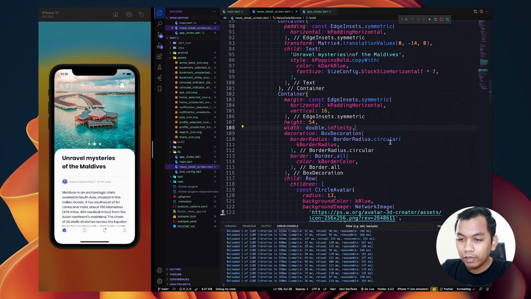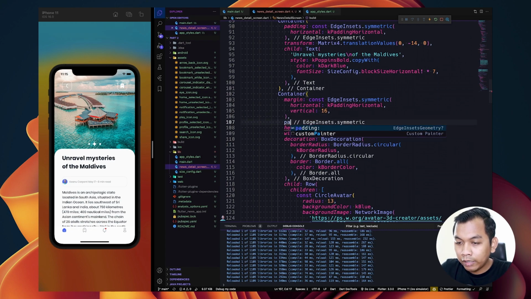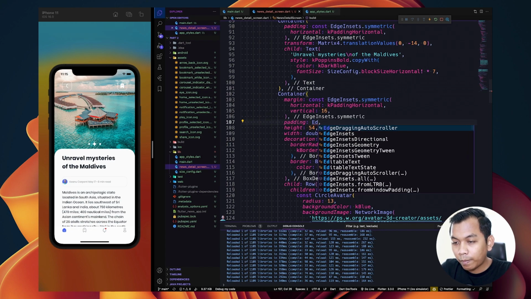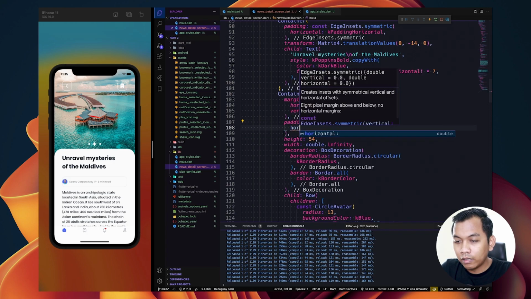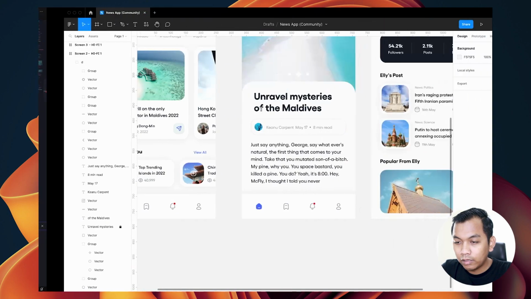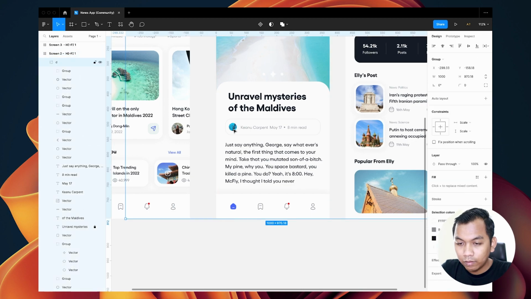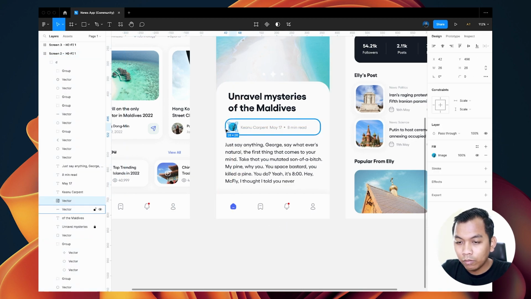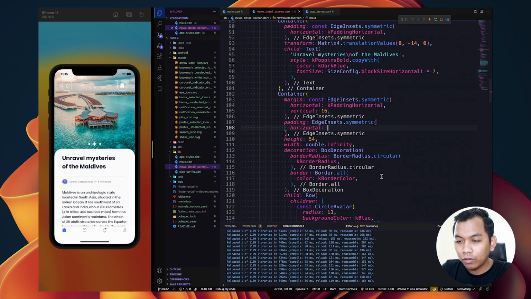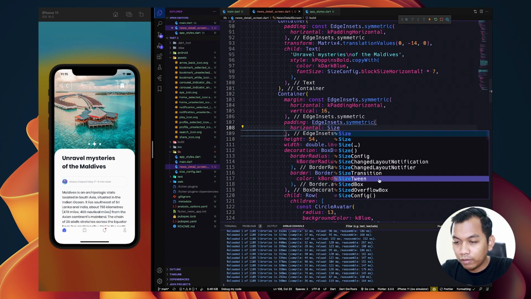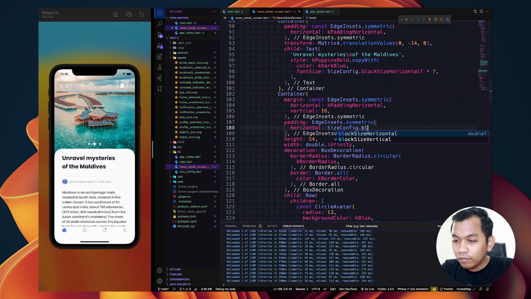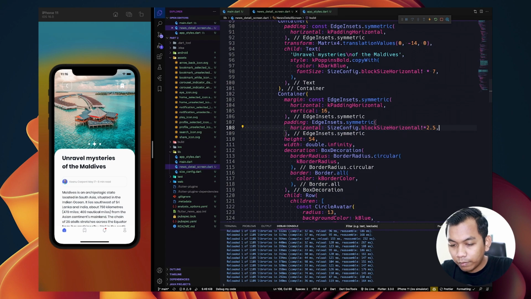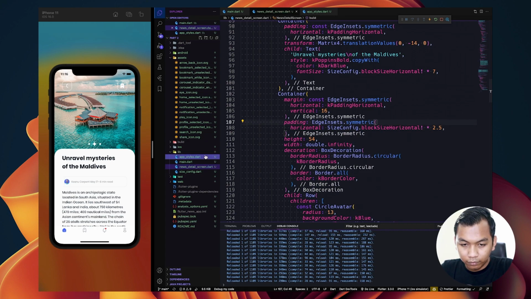And again, we need to add padding here. Symmetric, horizontal. I think what we have here, 12. So I think just need to say size config block horizontal times, I think, just 2.5%. Looks like this.